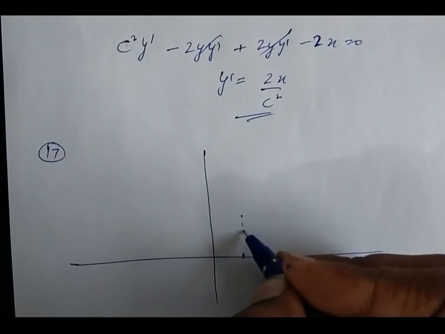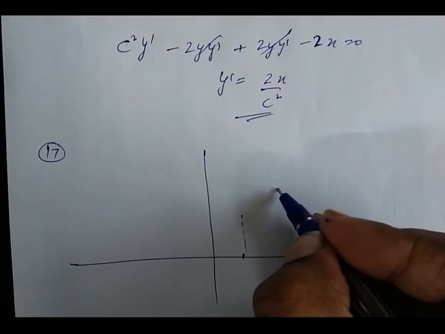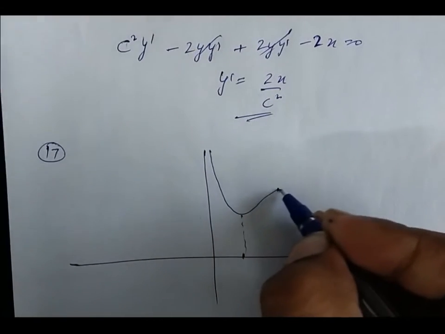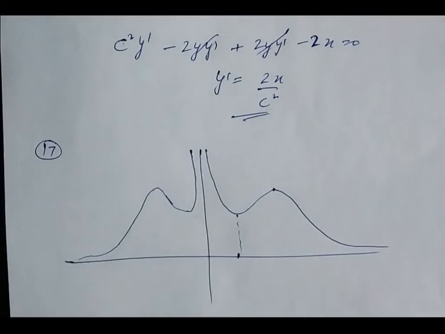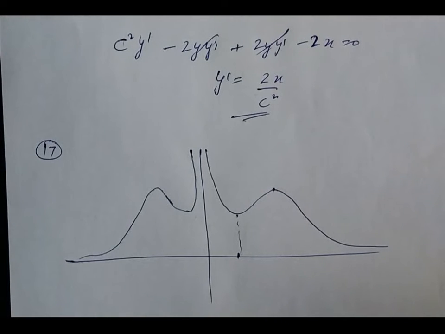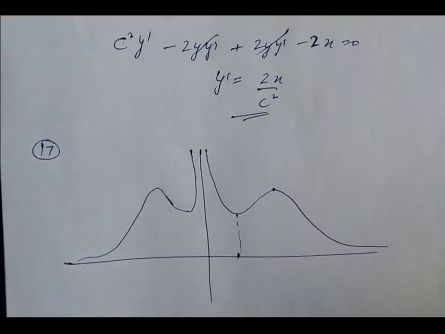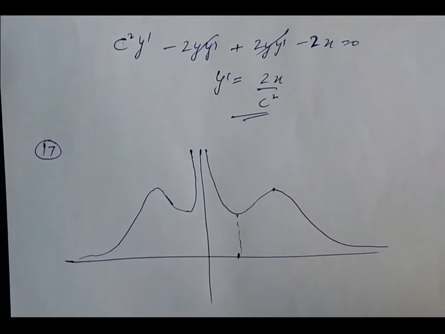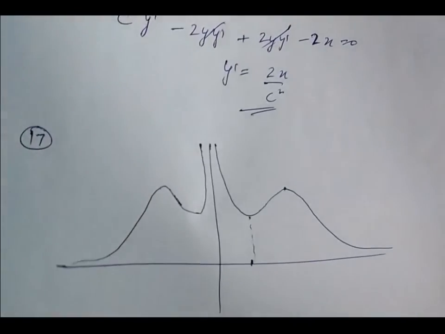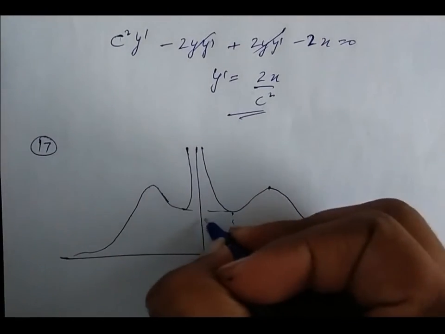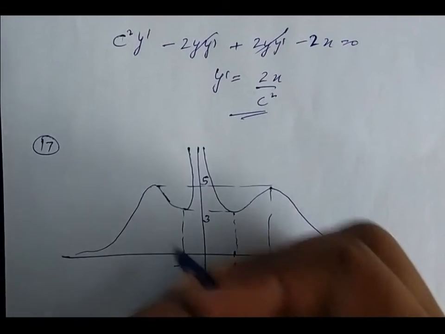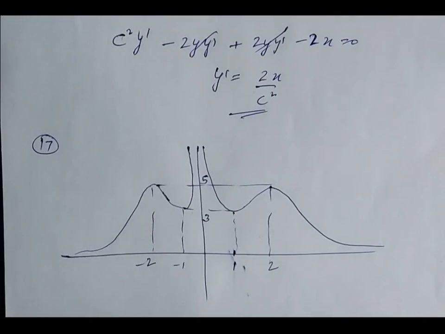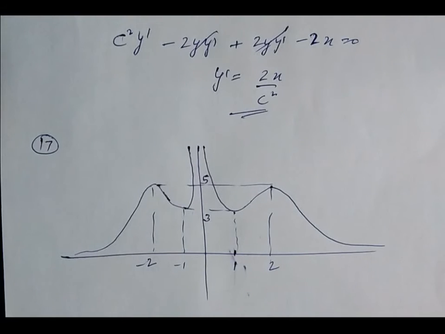So x tends to 1, the value would be here, x tends to 2, the value over here, and the function will keep on decreasing, and since this is an even function, let's draw this from here. Now you can easily see and calculate the options. Fx has no real roots, y is equal to fx and y is equal to mod x are identical. Clearly, since fx is always positive, the function will be identical. Okay, so this is 1, this is 3, this is 5, this is 2, this is -1, this is -2. Okay, moving to next question, question number 22.